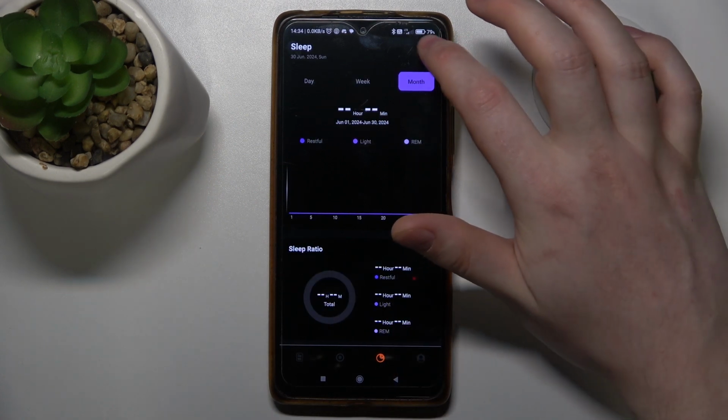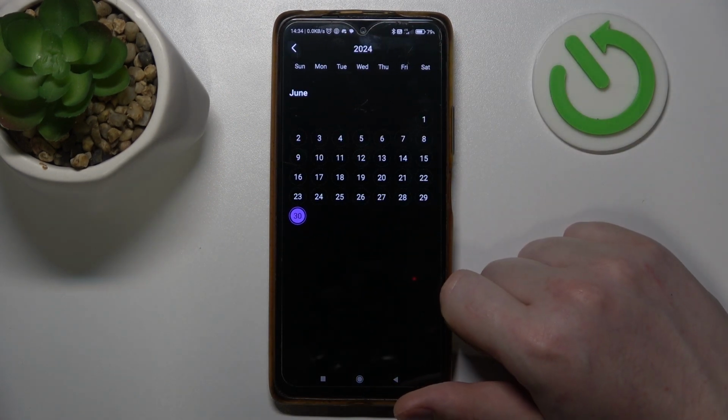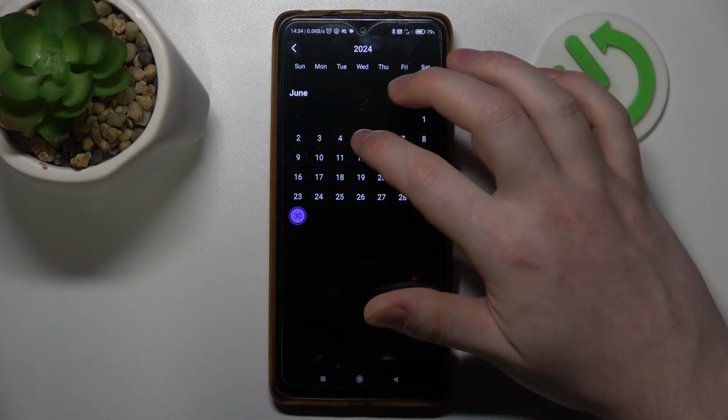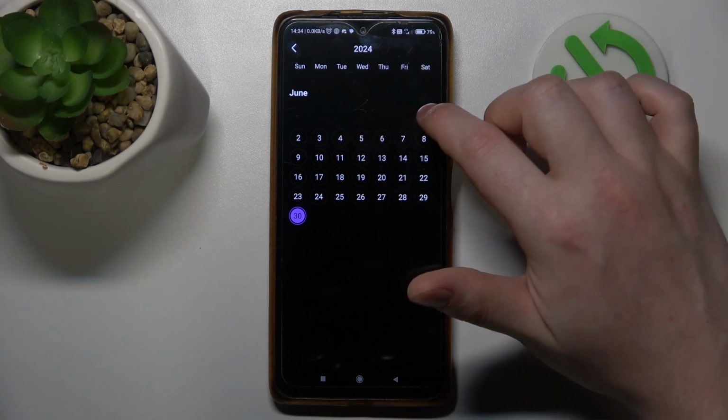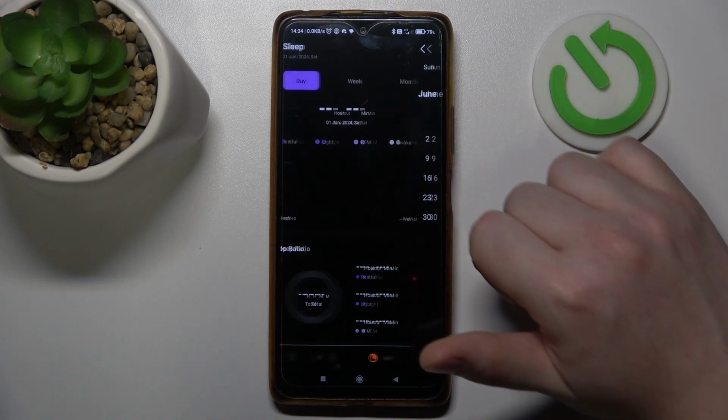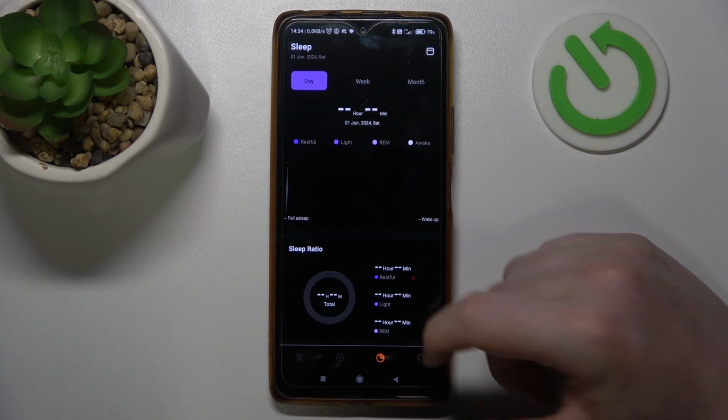You can also click on the calendar in the top right corner of the screen to see it for the individual days. So for example, we can check the 1st of June and it should open. And that's it for this